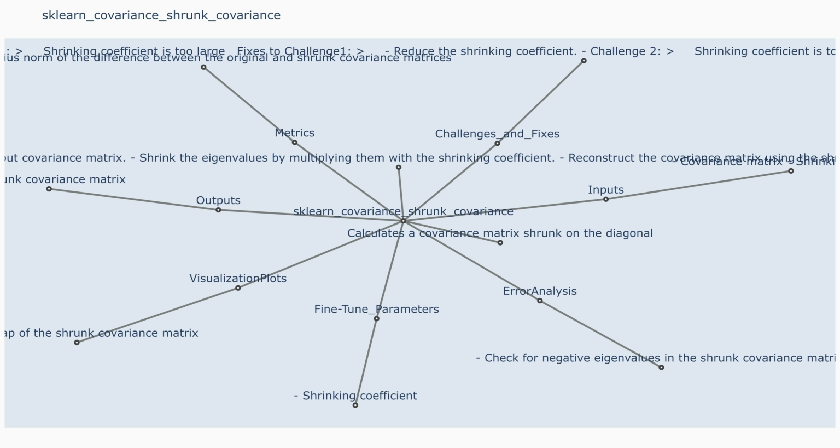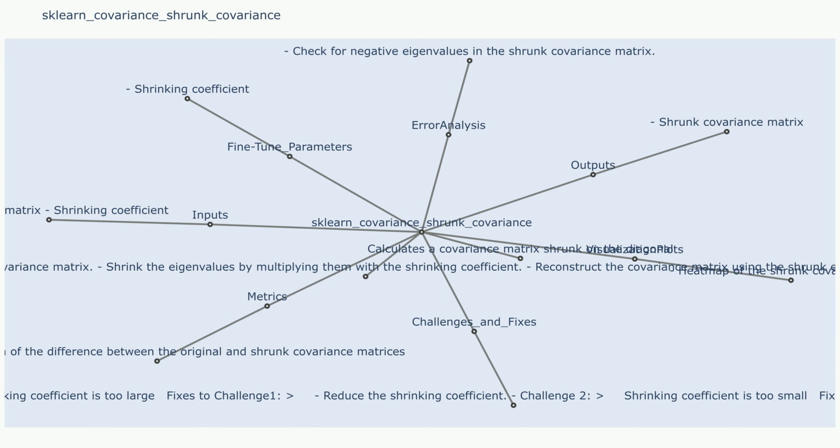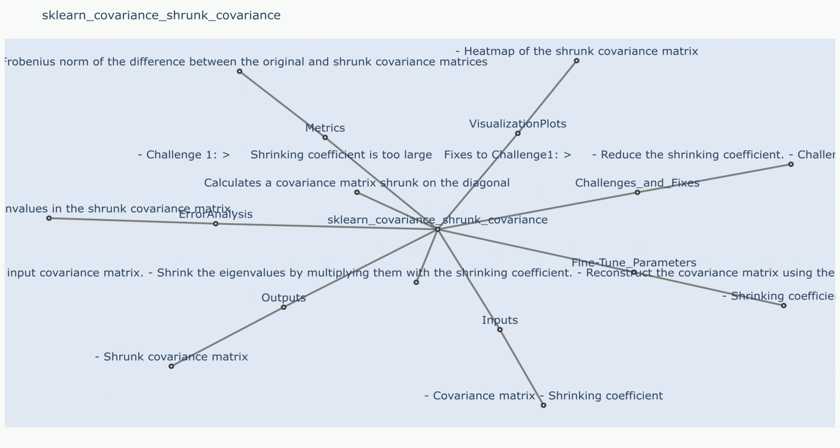Sklearn covariance. Description. The shrunk covariance function is a technique used to estimate a covariance matrix that is more robust to noise and outliers than the traditional sample covariance matrix. This is particularly useful when dealing with datasets with high dimensionality or a small number of samples. The method works by introducing a shrinkage parameter alpha that controls how much the sample covariance is shrunk towards the